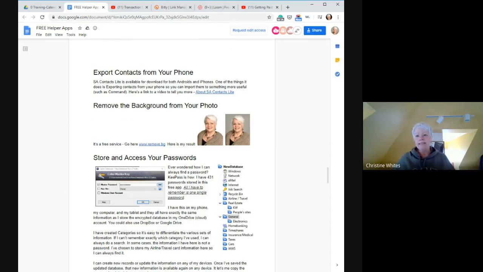One of the things that it does is it allows you to export the contacts from your phone so that you'll get them as a CSV file, which is what you're used to using for exports and imports. And then you can move that data into an import